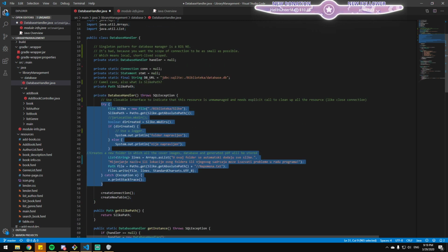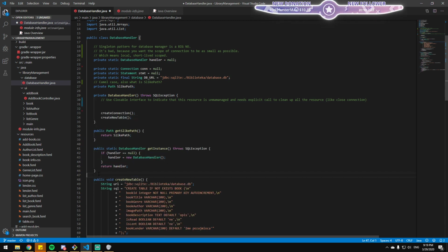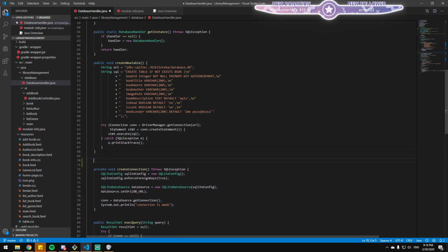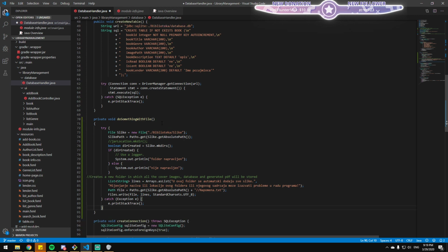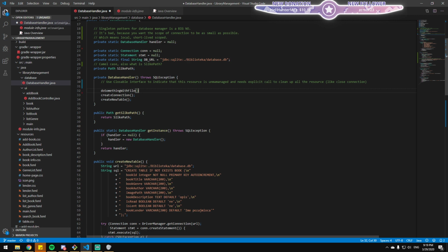In my opinion, it's more of a separation of concerns thing, because you've got this constructor opening the connection and also handling this file. There should be two separate methods: handle database and handle file. The database portion throws the SQL exception. The file throws the IO exception.